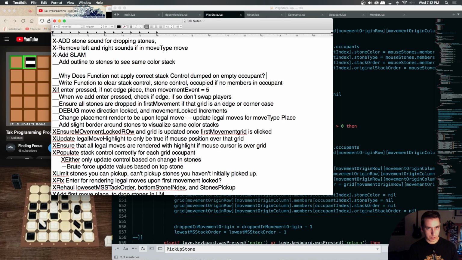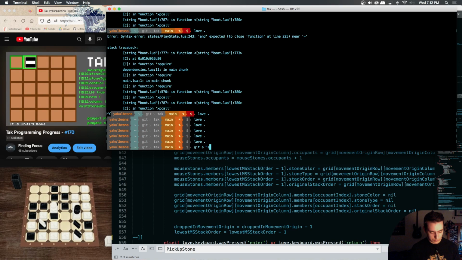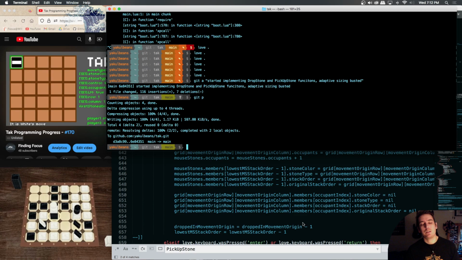Okay, so we started implementing DropStone and PickUpStone functions, and then adaptive sizing busted. So we'll have to fix that next time. We'll push it. But yeah, I'll see you guys tomorrow, and we'll hopefully figure out what we're missing from there,